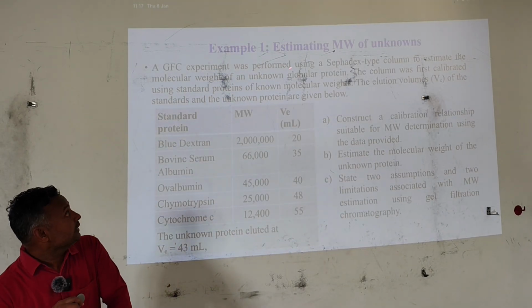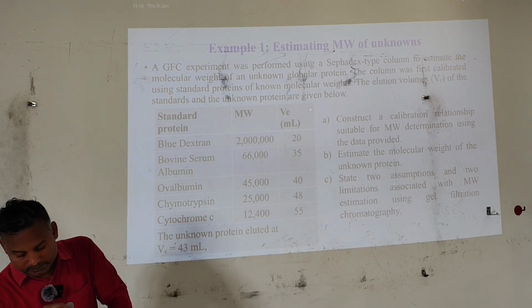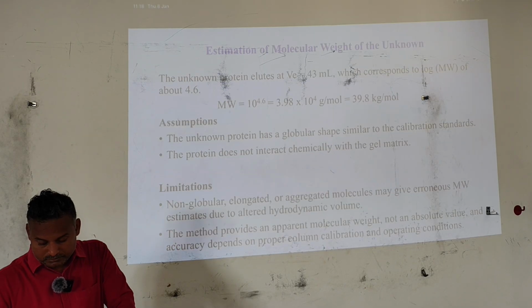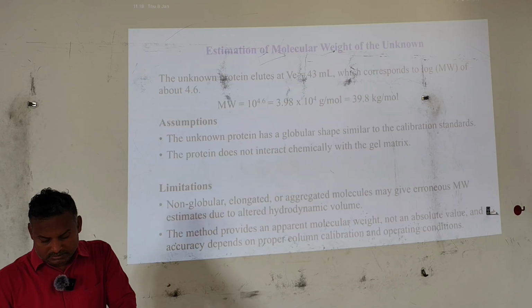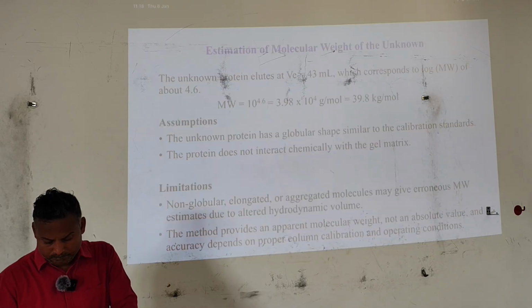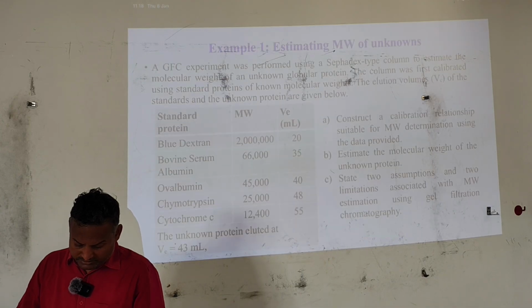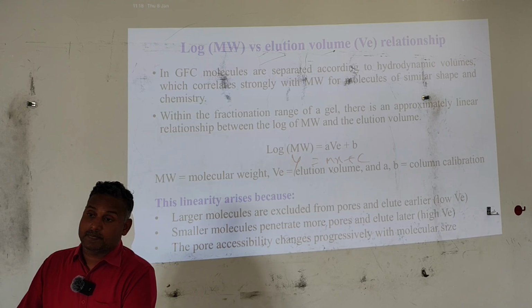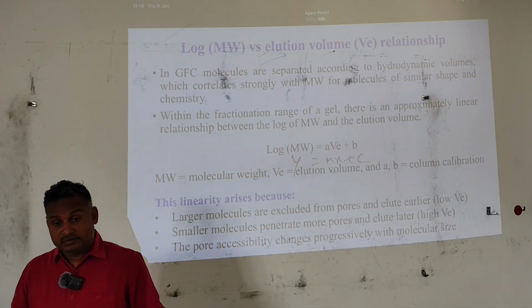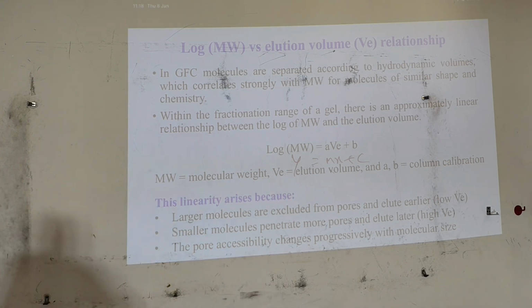You can see here example 1, estimating molecular weight of unknowns. So we have a lot of things to discuss. From this example 1 onwards, maybe I will teach in the next class. I am stopping here forcefully. Why forcefully? Because